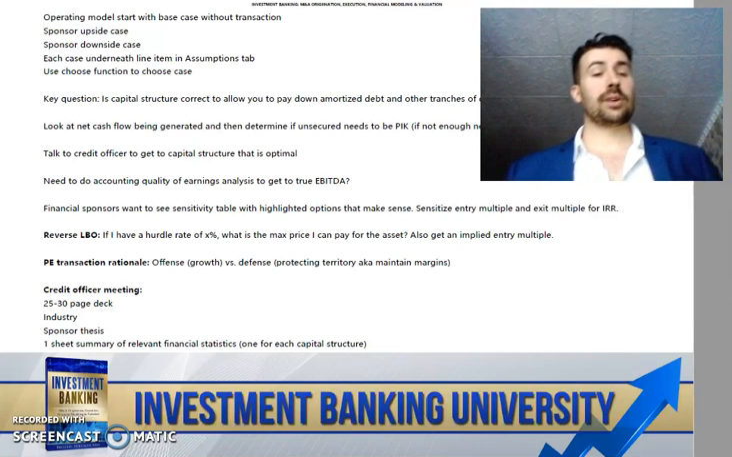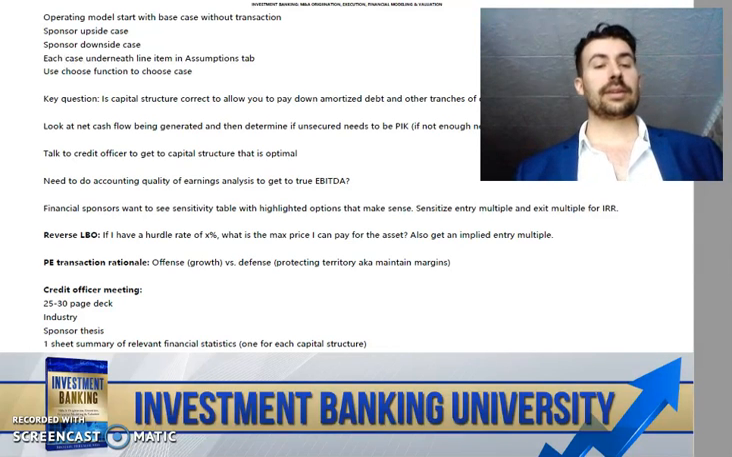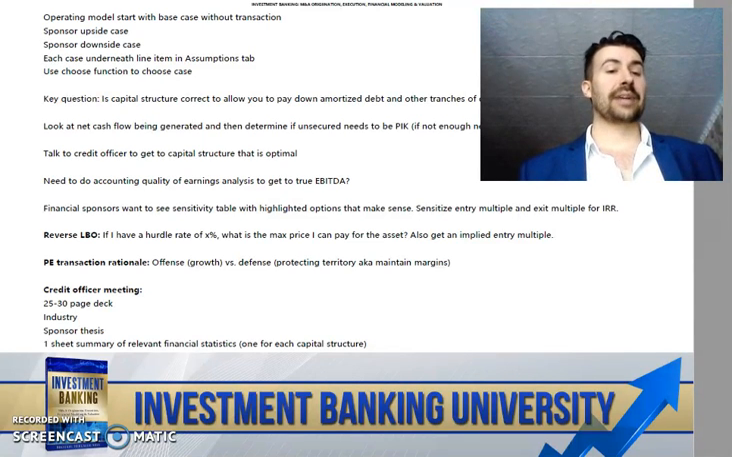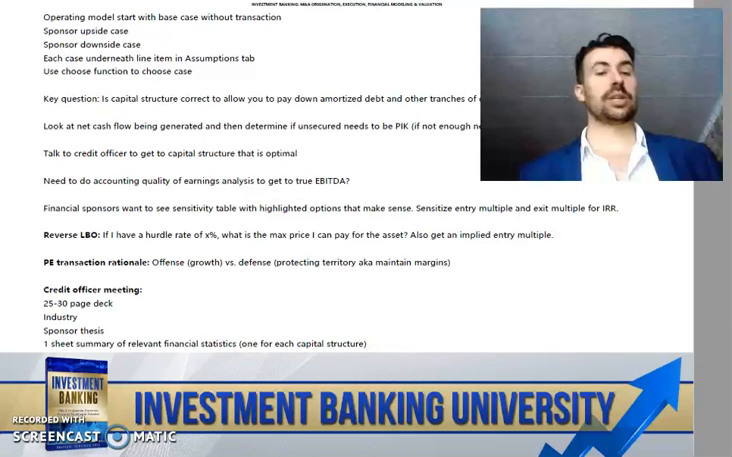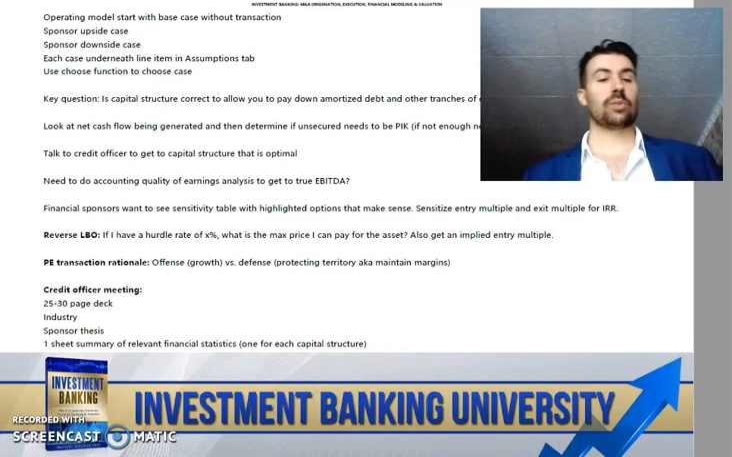There's going to be a sponsor upside case, a sponsor downside case, and then each case underneath a line item in the assumptions tab that we build into our model. And we're going to be factoring in a choose function to then choose the different case, which populates throughout the model. In terms of the key question, we're going to ask the question, is the capital structure correct